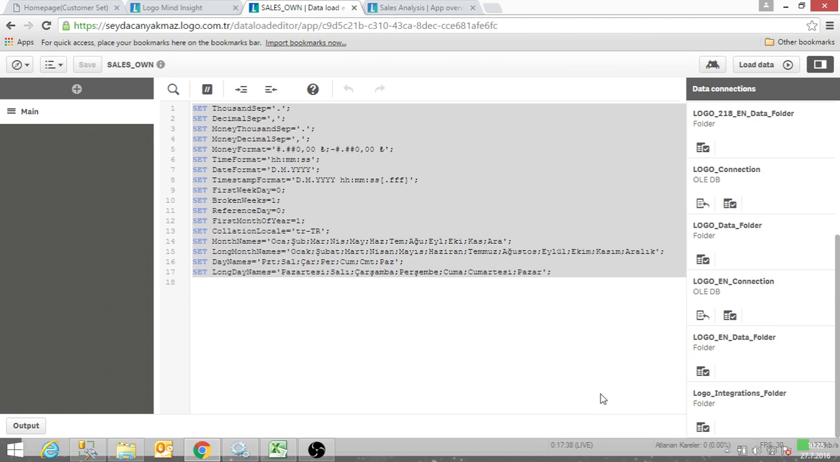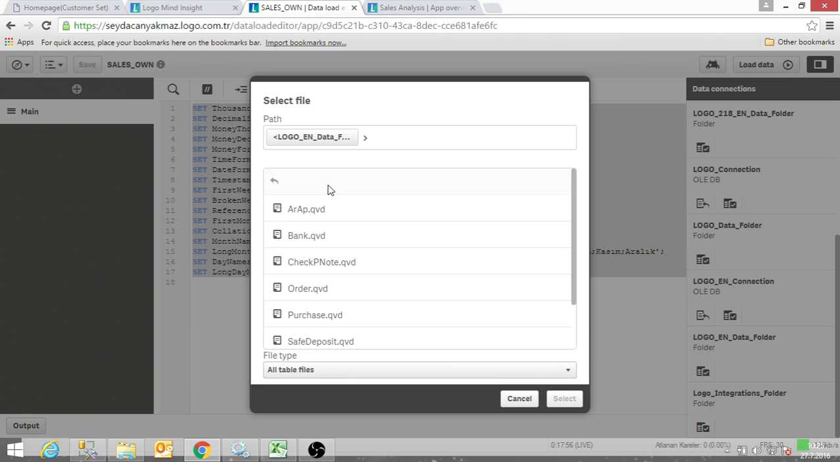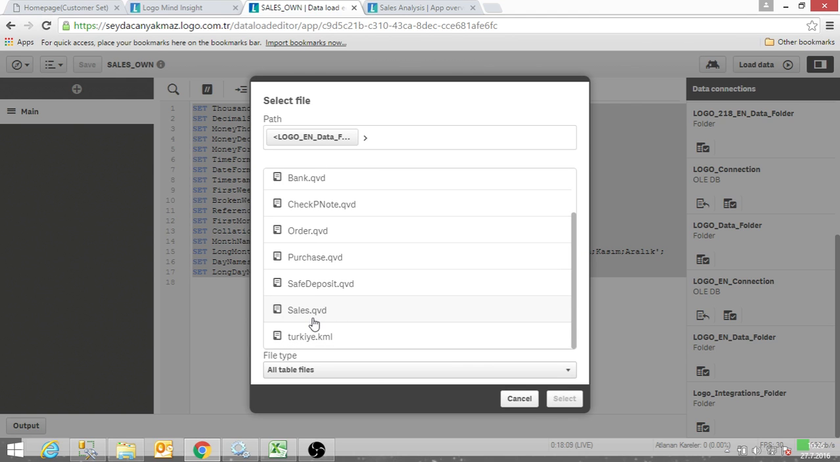And if I want to use my default models, like the sales model, bank model, and safe deposit model that we use in the integration reports, I can see them under the Logo data folder. You cannot see their queries, but you can use them. For example, in this sample, I will use the sales model. So I have to select Sales QVD,